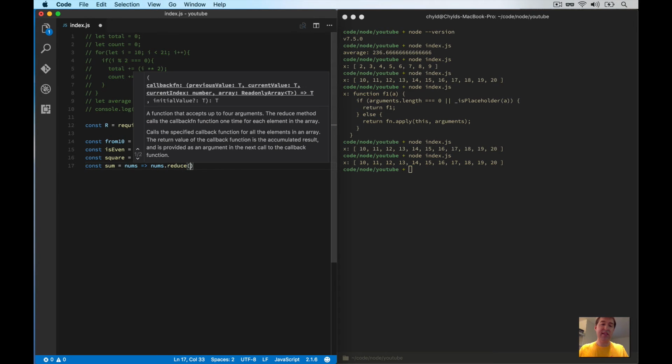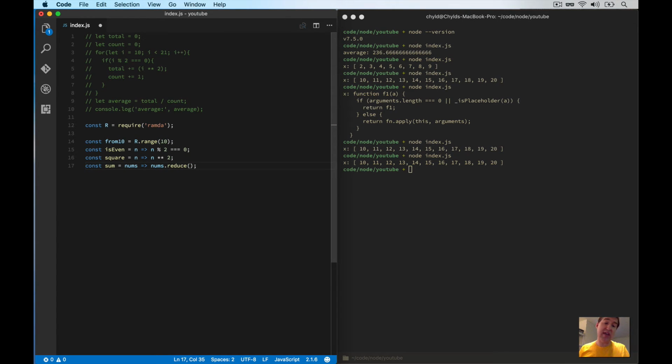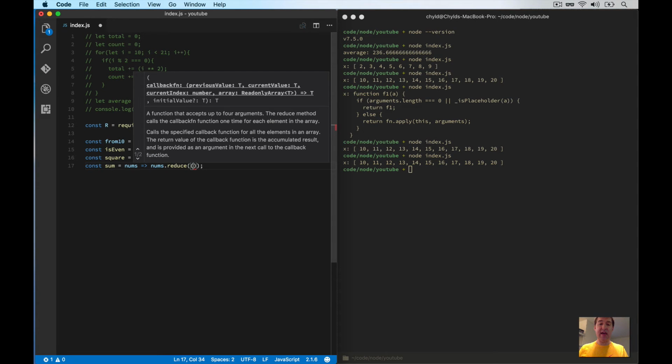Now this isn't Ramda. Ramda does actually have a reduce function, but we're going to use the function that comes with ES5. So how this works is reduce takes the first value as the accumulator. We'll call it total. And then the second parameter is a current value. We'll just call this num. And what happens here is it returns